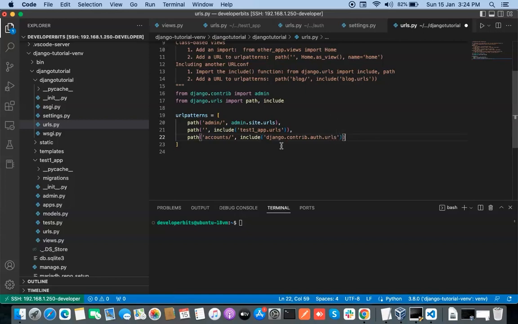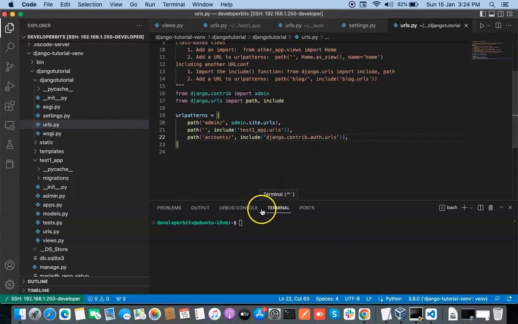By including this we can use the URLs which are already in the package. We are using a prefix, and by convention the accounts prefix is used. So you can just save this file,